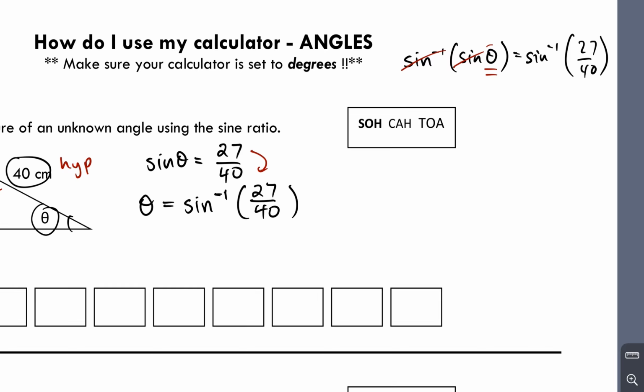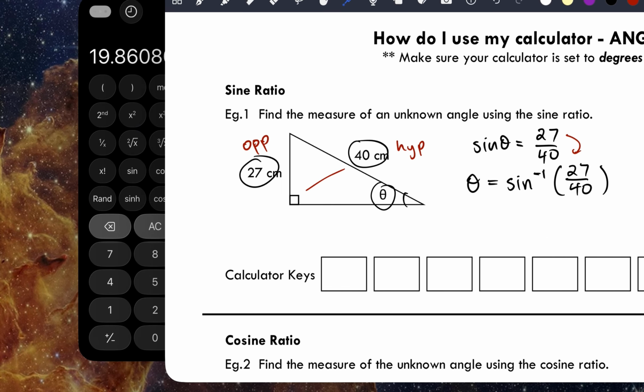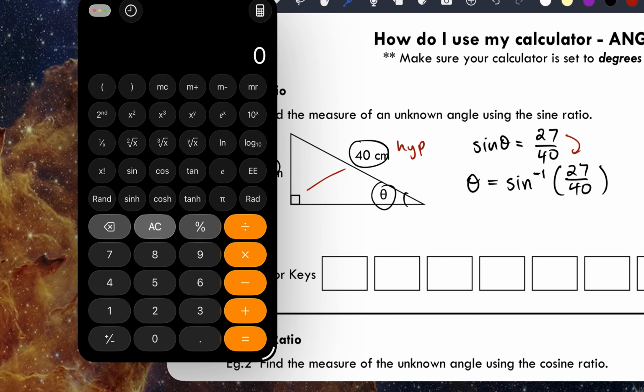So you start off with sine theta equals 27 over 40. If you apply the inverse to both sides, it simplifies to just theta, and the right side I have sine inverse 27 over 40. And the answer to that, if I take my calculator, the inverse can be found by going to either your shift key or your second key. In my case, the second key is the button I'm looking for, second, and the sine inverse appears. And I write my ratio